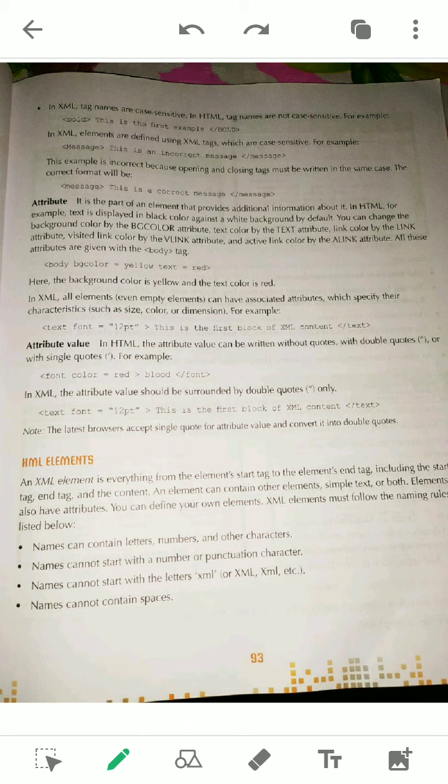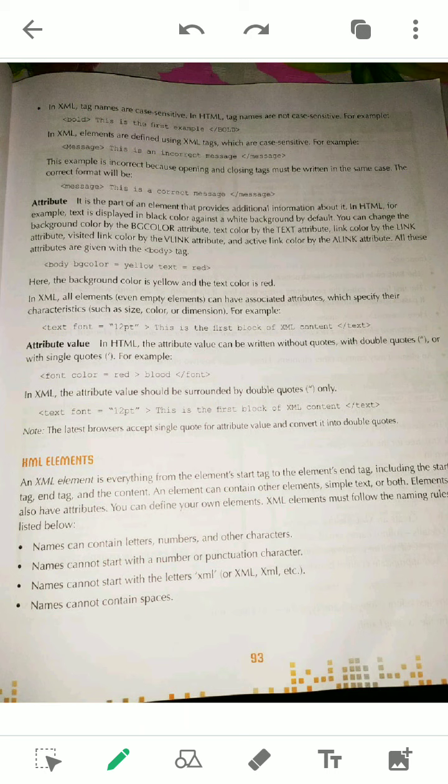And the fourth point is nesting. In case of nesting, you can see what the difference is between HTML and XML. In case of HTML, if any tags overlap while closing, sometimes it doesn't give any error. Sometimes, not all the time. But in case of XML, tags must never overlap with other tags. They should be closed serially. According to the starting tag, one by one you have to close by looking at the start tag, and close accordingly. Then the last one is case sensitivity.